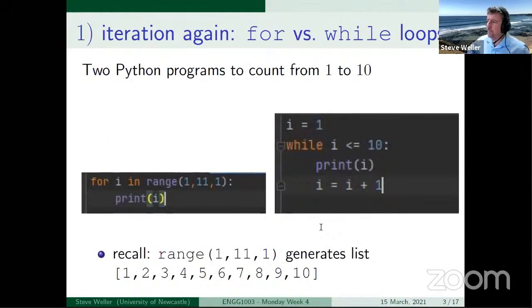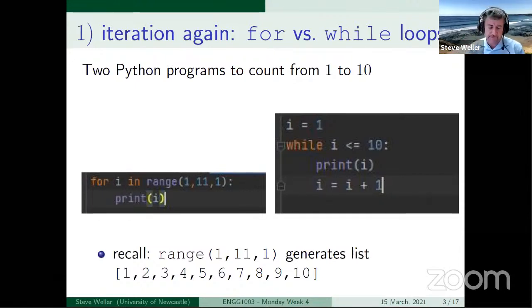So let's get underway with the lecture content proper. Last week we introduced for and while loops as ways of getting Python to do something we'd not been able to do up until that point, which is to get the same line of code executed multiple times over. So, to iterate in a program. Now, the simplest iterative task I can imagine is printing a sequence of numbers. So let's choose a count sequence from 1 to 10 and write some code to do that.